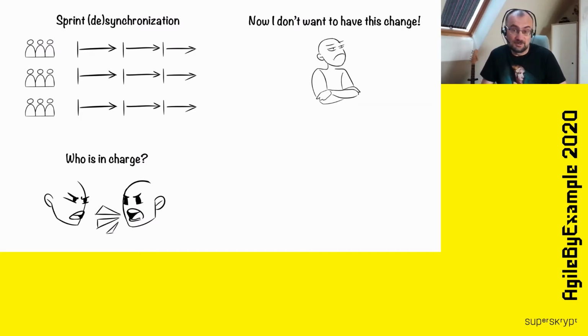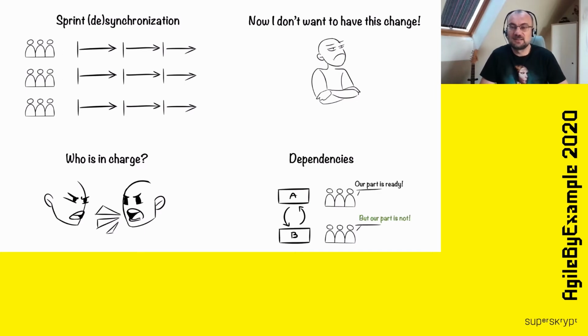So in theory, it's simple. Scrum says it's the product owner who takes this decision, but we had several product owners, and the organization was not so sure that product owners should be empowered with such powerful mechanisms for stopping or allowing the release. And last but not least, the classic problem with dependencies. So changing two components, one part is ready, the second part is not. And we learn about this dependency at the latest possible moment, and we need to make a decision on what to do with this.